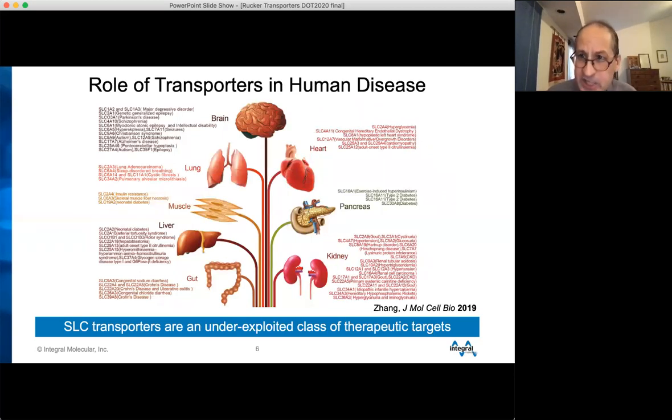Now, different tissues in the body have really different requirements for metabolites and nutrients. And this is reflected in the repertoire of transporters they express. And in many ways, the different transporters that are expressed on a given tissue really can be very specific for that tissue. And this figure gives examples of different tissues and also the repertoires of transporters that are expressed in those tissues and the diseases that are associated with these particular transporters